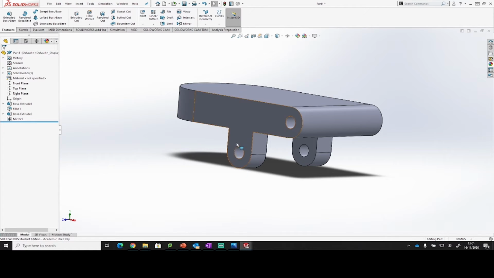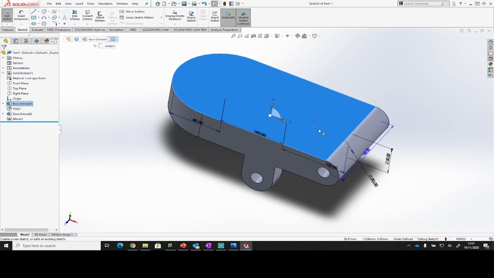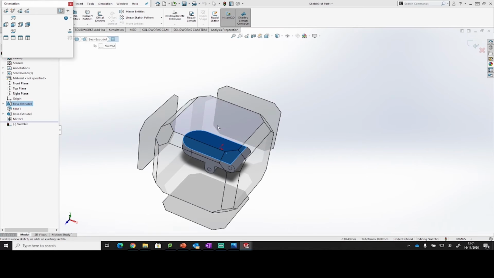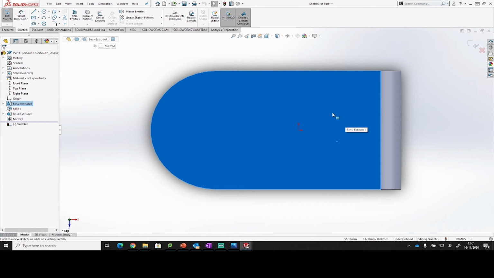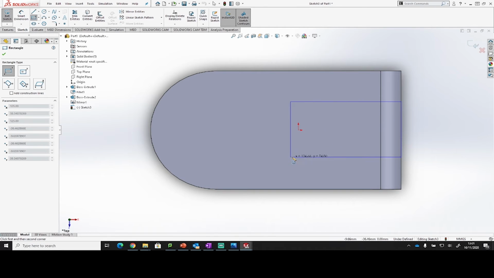Now from there, I've got some bits that I also want to continue to complete. And that's taking out this big cutout at the back here. So I'm going to sketch on this top plane, sketch on there, view it from the top, so hit the space bar and go to the view point like so. And this time I'm going to go corner to corner rectangle. I'm just going to drag that out